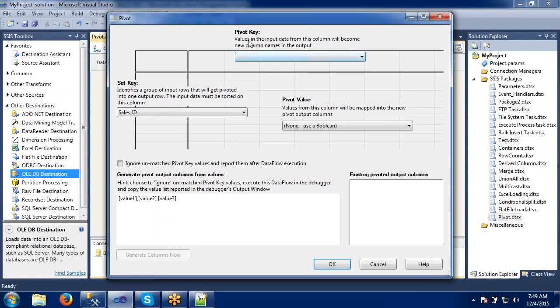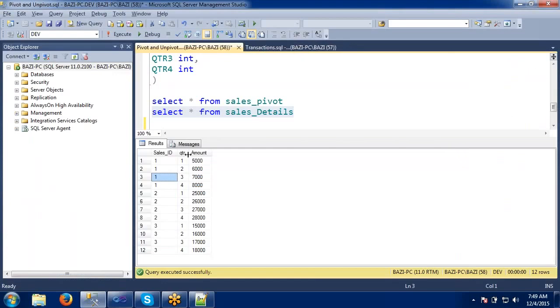And values in the input data from this column will become the new column names in the output. So here the quarter is going to be converted into four quarters, right? Quarter 1, quarter 2, quarter 3, quarter 4, means this column is going to be pivoted, which is converted into new columns in the new table.